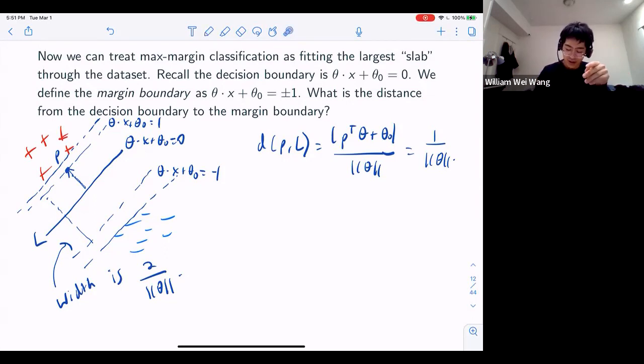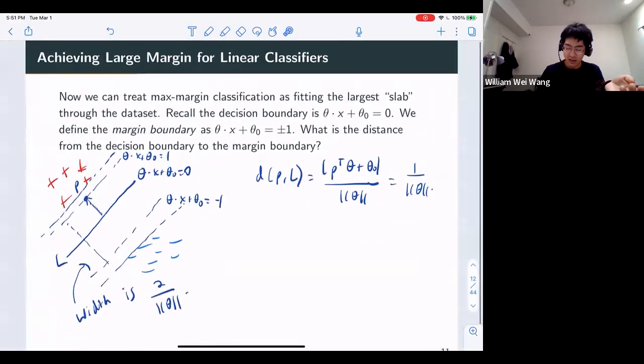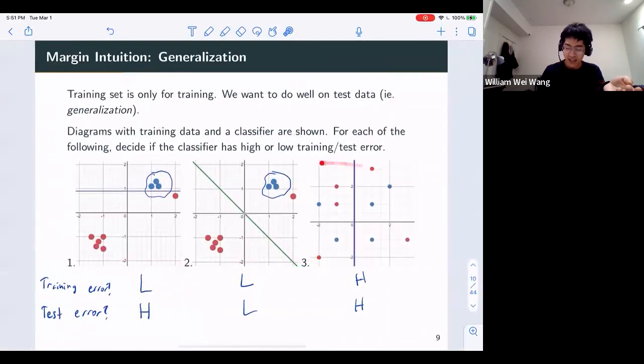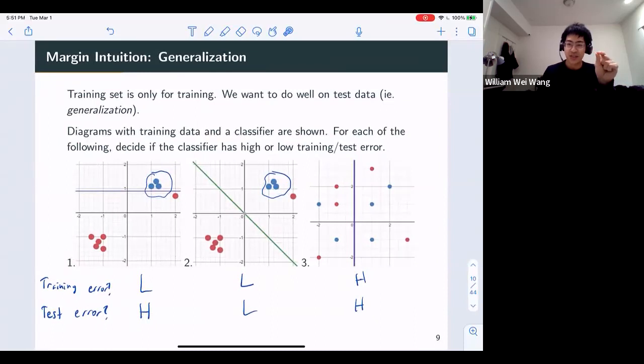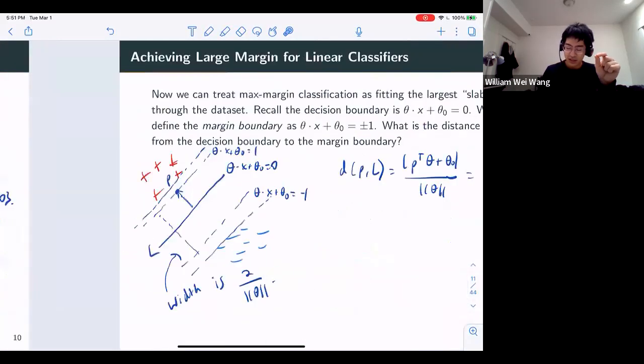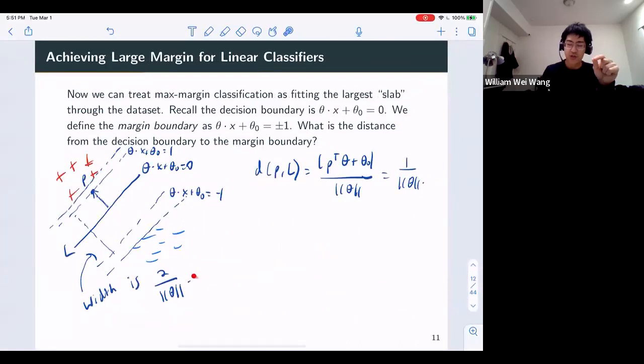And what I said over here is that, okay, well, actually the margin of this classifier is 2 over norm theta. So this gives you an intuition for why you might want theta to be small. Because of max margin classifiers, we saw in this previous exercise that you might want this second classifier and not this first one, right? Because the margin is kind of the distance to the closest data point. And here we saw that's around 2 over norm theta, so you would want theta to be small in order for this thing to be large.